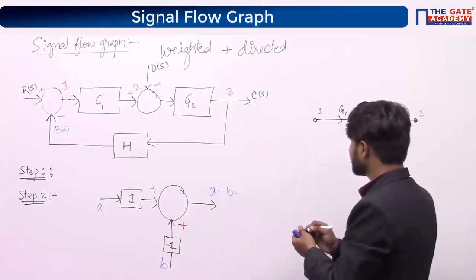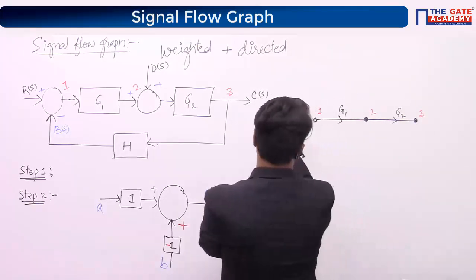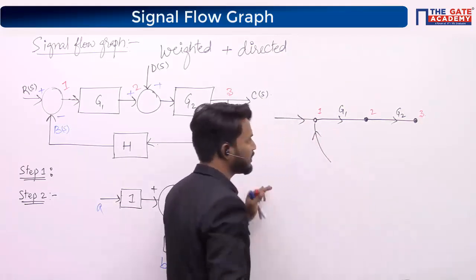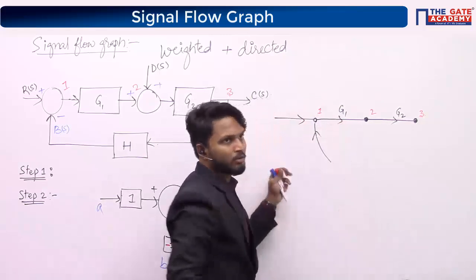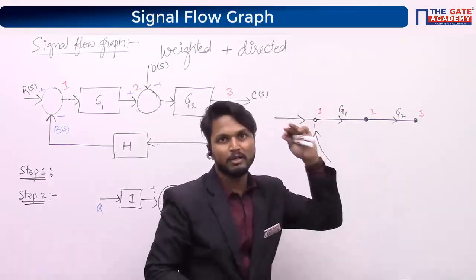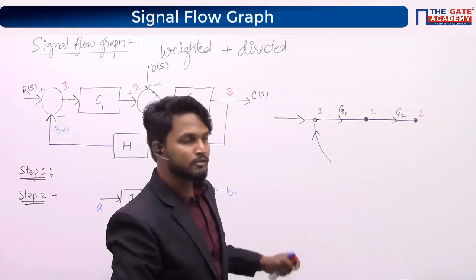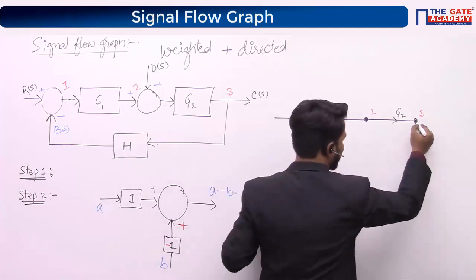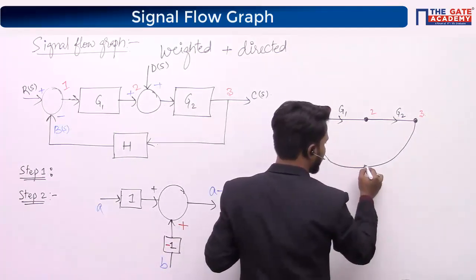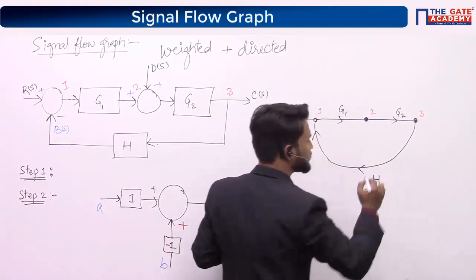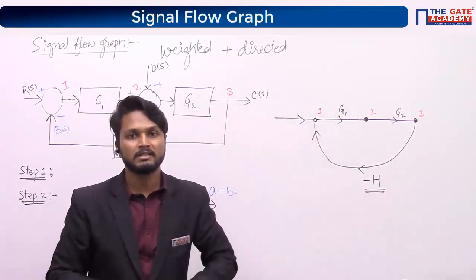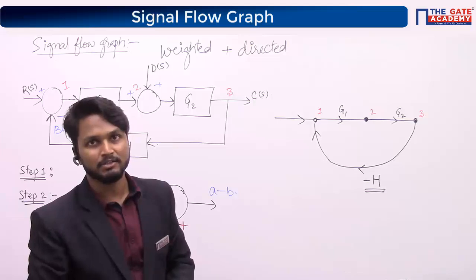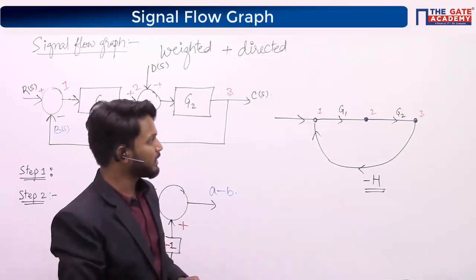If this node has branches coming into it like this, it is a summing point only. It has all pluses only. You will assume this by default. So in order to perform this minus operation, you will simply multiply this gain h with minus 1. That's it. So in the place of h, we'll use minus h. Is it clear, everyone?